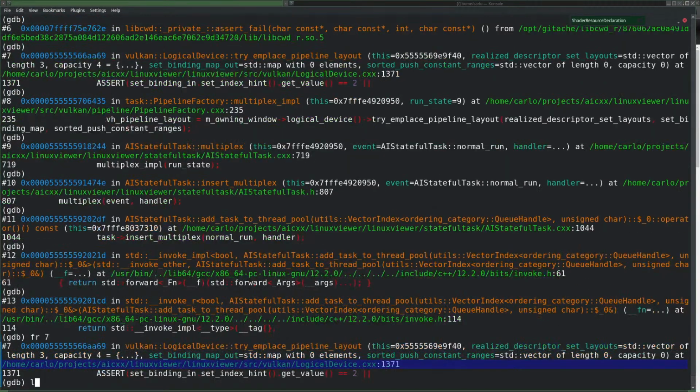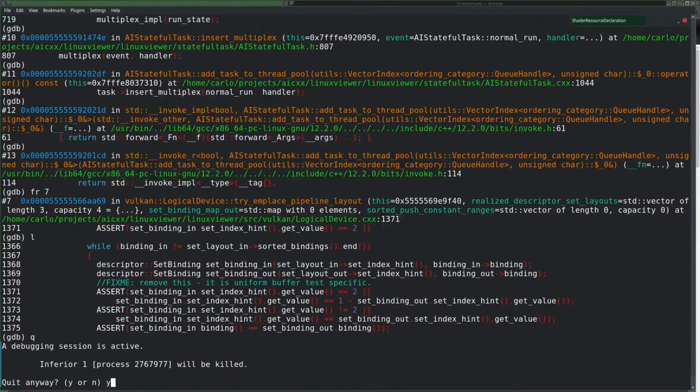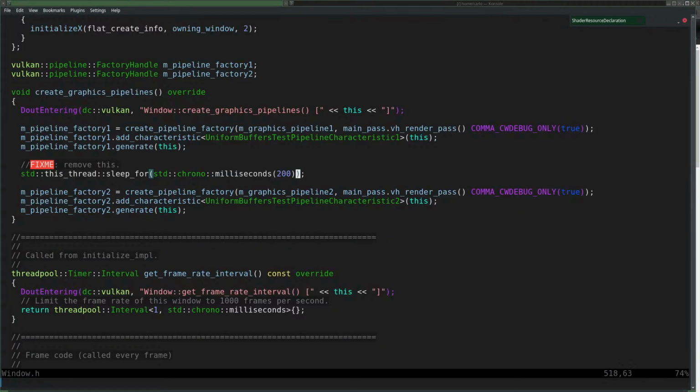Frame 7. That's not very nice. Well, I guess I'll just make this ridiculously large.